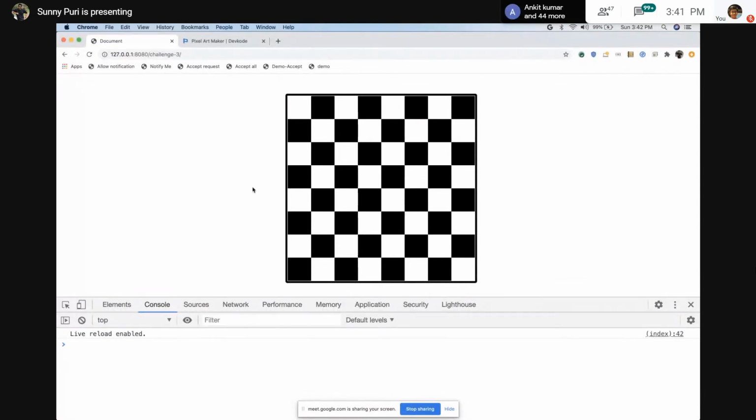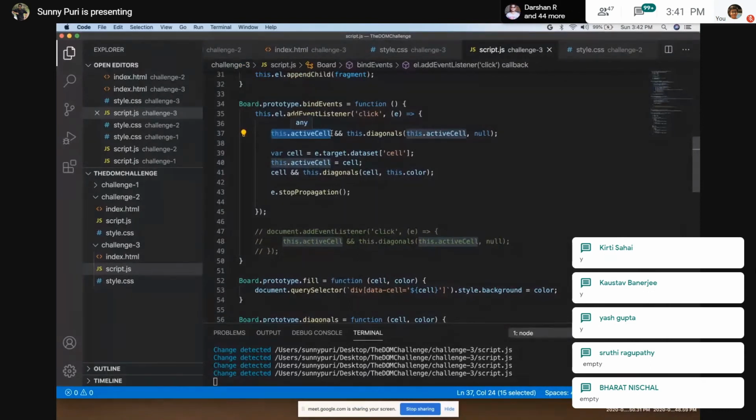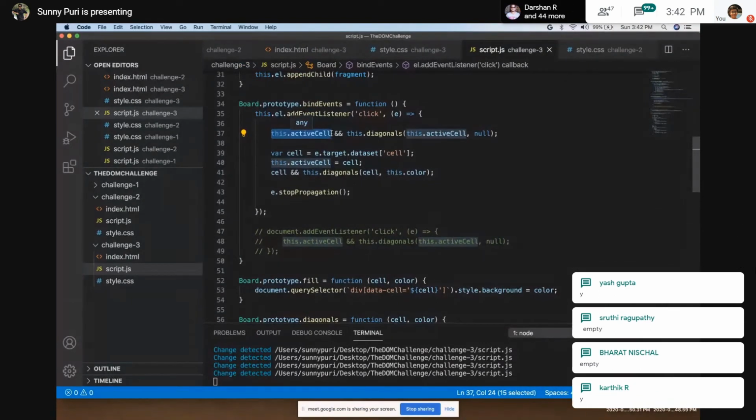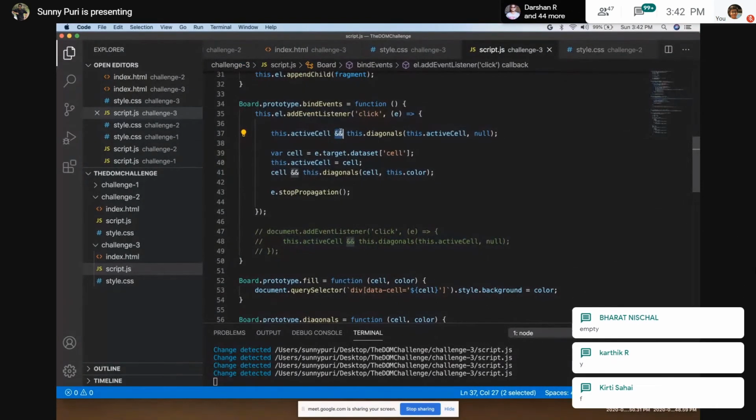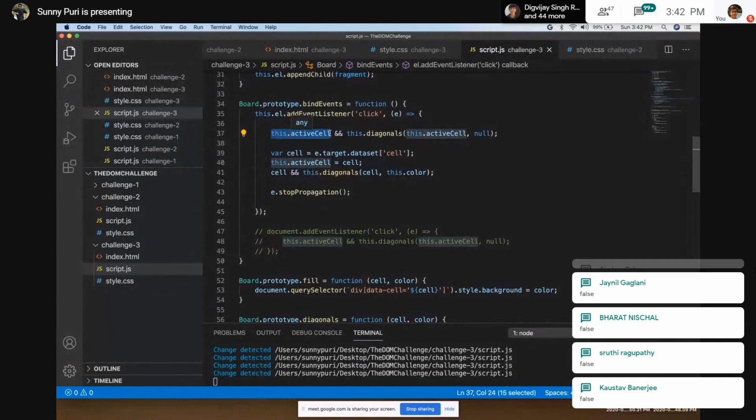Tell me, right now is the active cell empty or not? I have refreshed it. Empty, correct. So tell me, in this line, is this true or false? When the double and operation is performed, it will convert to boolean, right? We will see whether this is a falsy value or not.